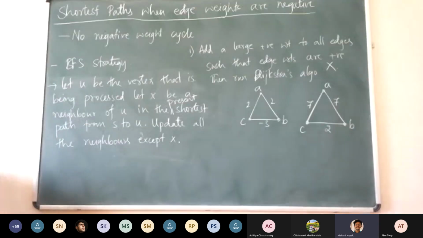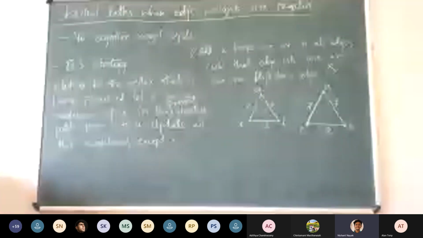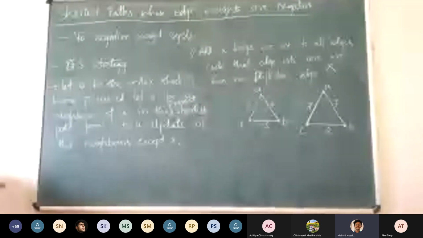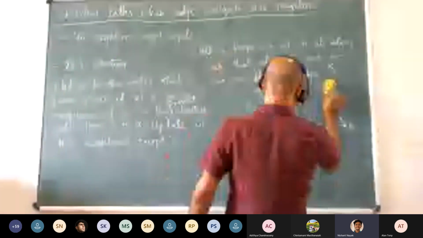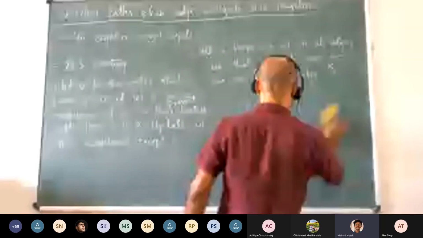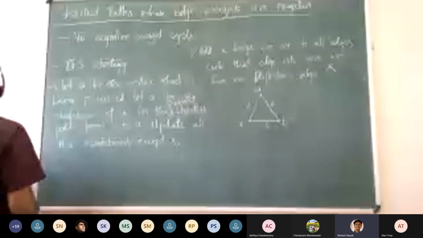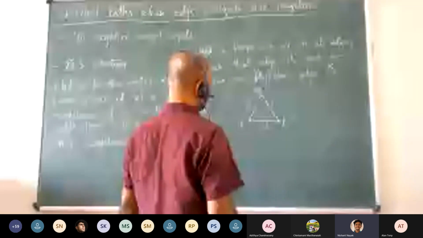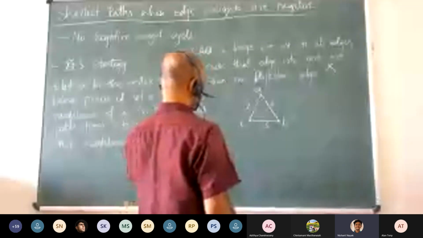Yeah, sir. If we take this triangle example that's given here with the 2, 2, -3, A will be initially 0, and if we explore B first, B will get 2, but we will not explore A again because that's what updated it. So we will explore C from B. C will get -1. So we want to explore B, but when we try to explore A again, C is -1 and then +2 would be 1.